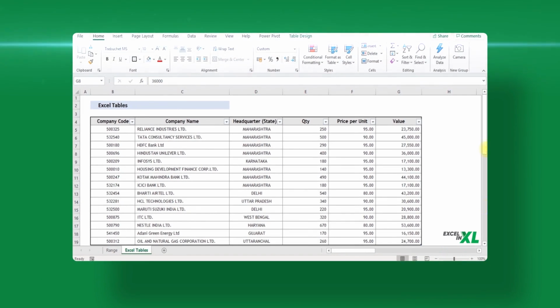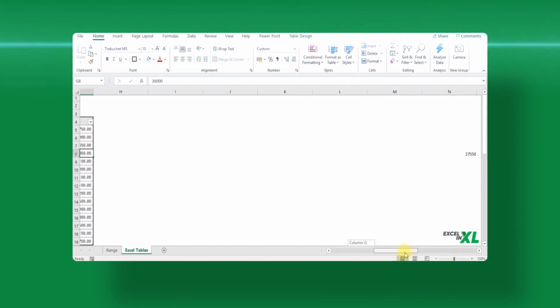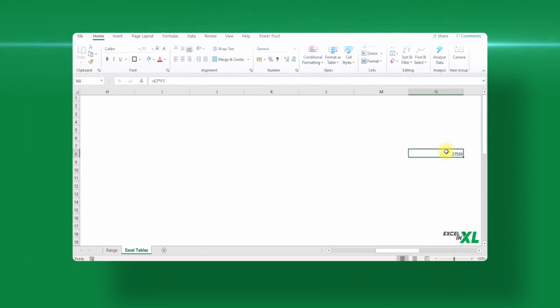Are you frustrated when you're not able to view the column headers while scrolling down the data and have to use freeze panes to view the headers? Does your formula look like a code? Let's say you have a value in column N, and if you look at the formula, it says E7 multiplied